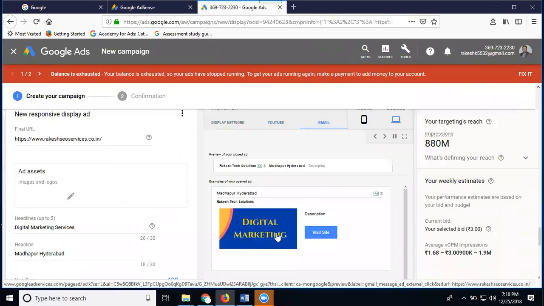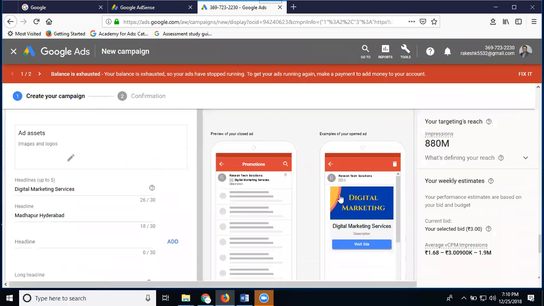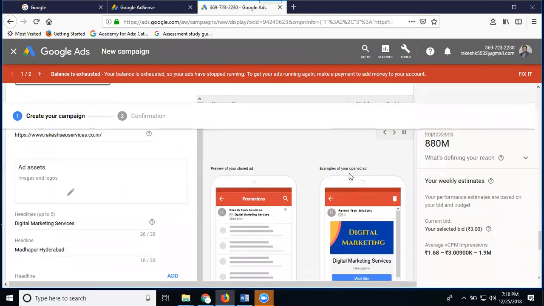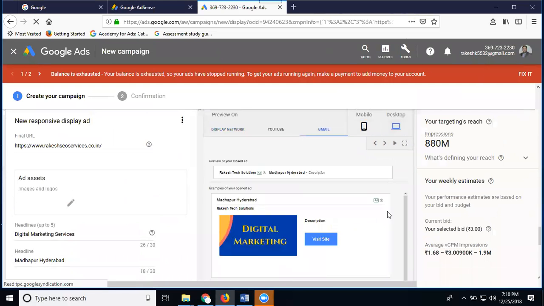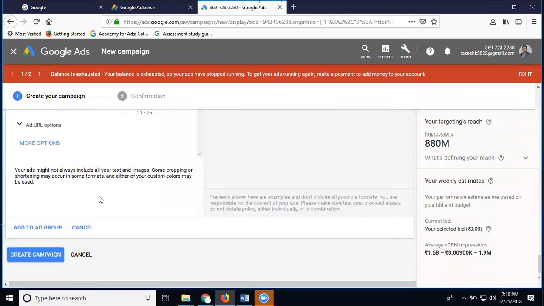Gmail, type of ad. Mobile phone. See this ad. Desktop, they show only for promotion of your Gmail ads. So I'm creating ads here. Done.